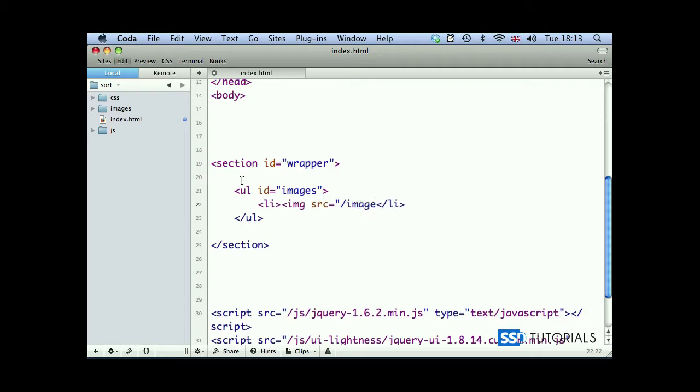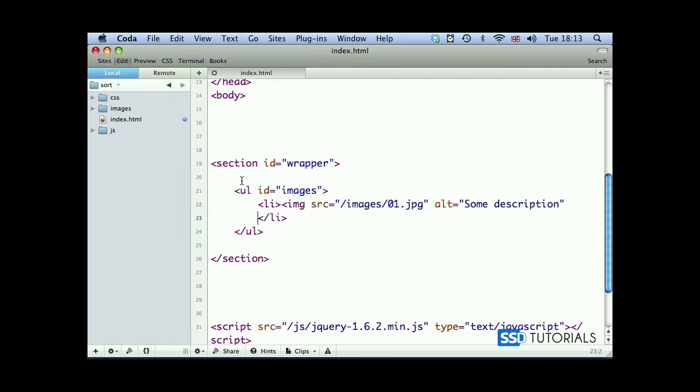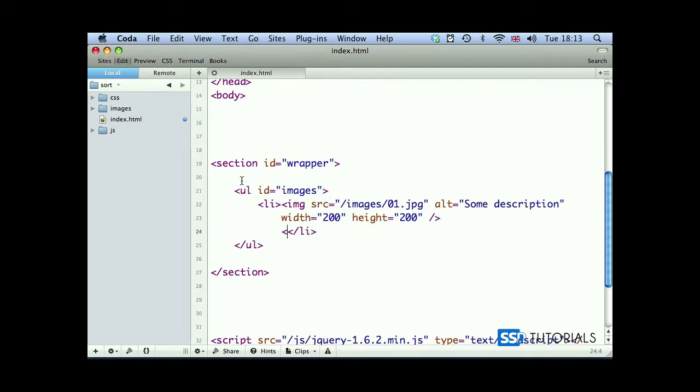which in my case will be images 01.jpg, the first image. Then we'll have some alt tag with some description. Then we will have width, which in my case is 200 pixels, and height is also 200 pixels. Then we can close our image tag. After our image tag, we're going to have a span with the number of the image, with the position basically